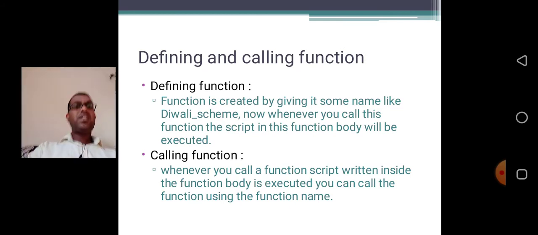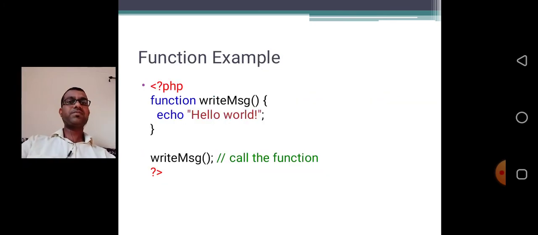We have to see now defining and calling a function. A function is created by giving it some name, like the Diwali scheme given in the example, and when we want to call the function, you just write the name of the function followed by a pair of parentheses.